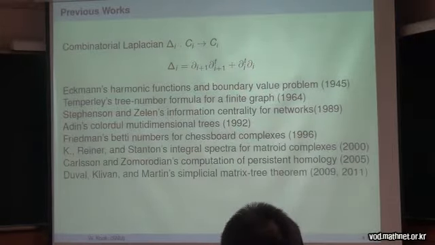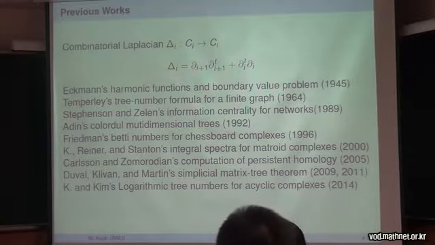So here's a list of previous works. The first time the combinatorial Laplacian was used in the context of analyzing simplicial complexes is known to be by Eckmann in 1945. And then there's Temperley's tree number formula, and then Stevenson and Zelen, on information centrality. This is a topic that I talked about 4 years ago, right in this room in 2010, when I talked about the information centrality. And then after that,